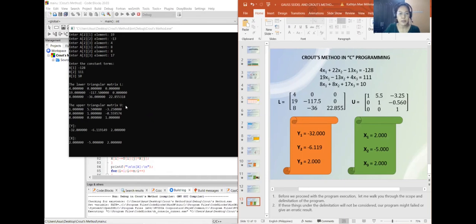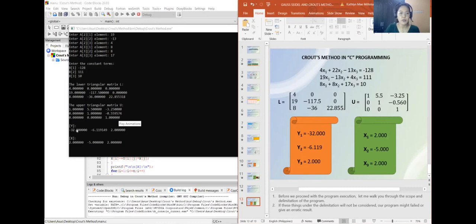For the upper triangular matrix, we have 1, 5.5, negative 3.25, 0, 1, negative 0.5595, and 0, 0, 1. And negative 3.25, we're going to round off to negative 0.560.